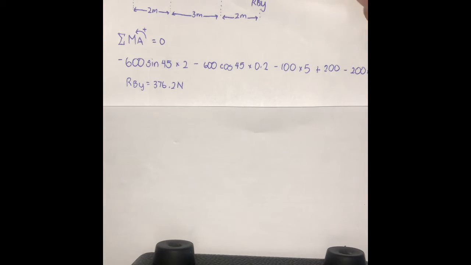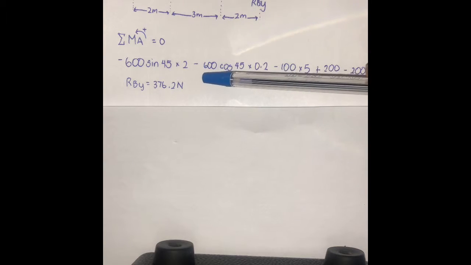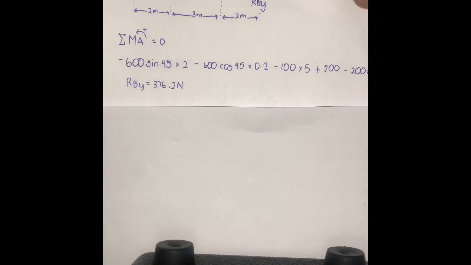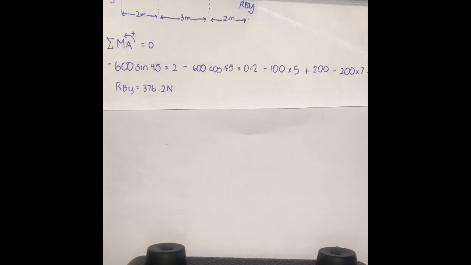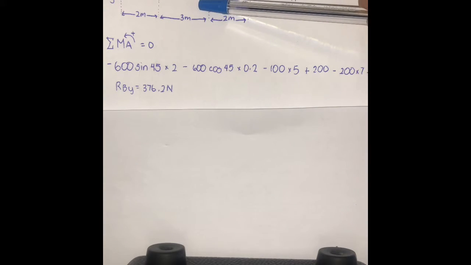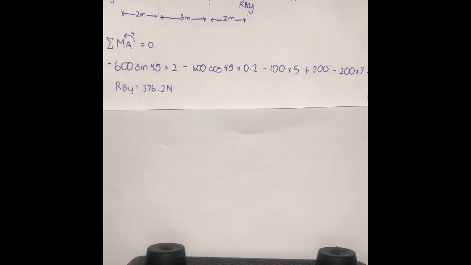It's also going in the clockwise direction, so we use negative, times the distance, which is 0.2. Next we have the 100 newtons going down, therefore negative, times the distance, which is 5,